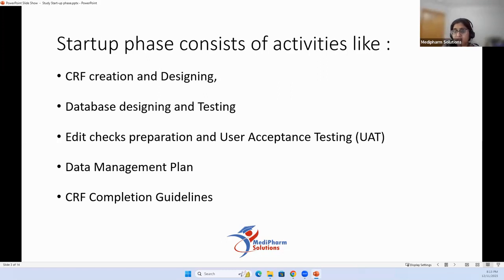What we'll do is make sure that whatever design and whatever fields have been given to us, okay, the database design and all, we are covering all the scenarios. We call it permutation combination. Okay, so we have to make sure that we are thinking all left, right, center, to make sure that we are covering everything. And also you will receive a template of the edit check specification document in which most of the